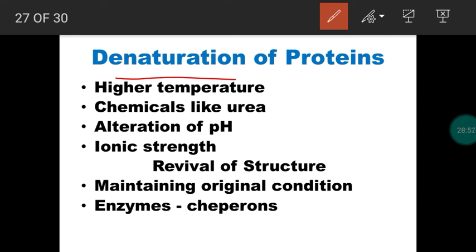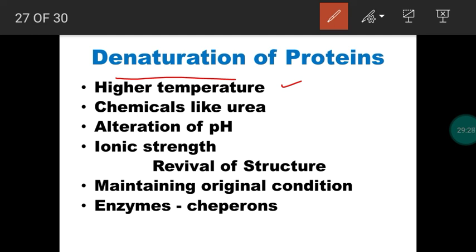So how can we do this denaturation? Denaturation happens by certain factors. So what are the factors responsible for denaturation? Number 1, increase of temperature. When the temperature is increased, the 3-dimensional structure of protein is lost. So due to this denaturation, what is the effect? The biological function of a protein will be disturbed. Right? Each protein has a biological function. Due to this denaturation process, the biological function is totally changed. So completely it will be lost.